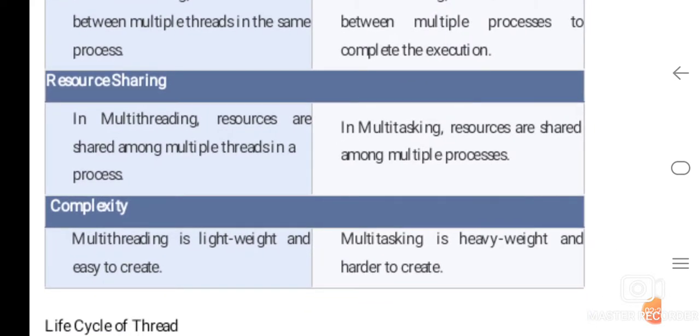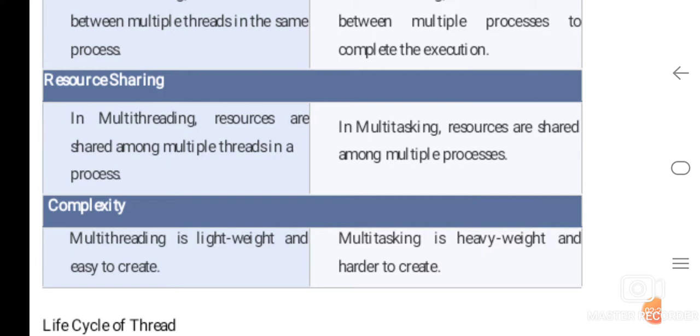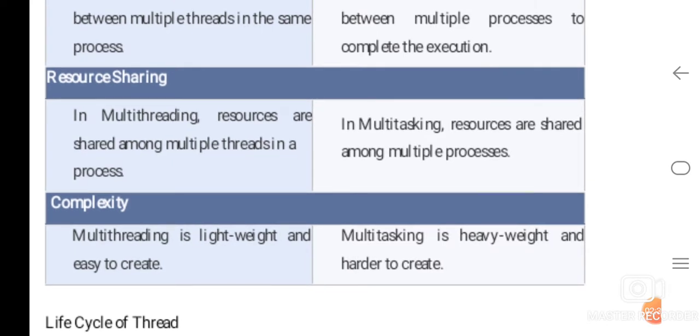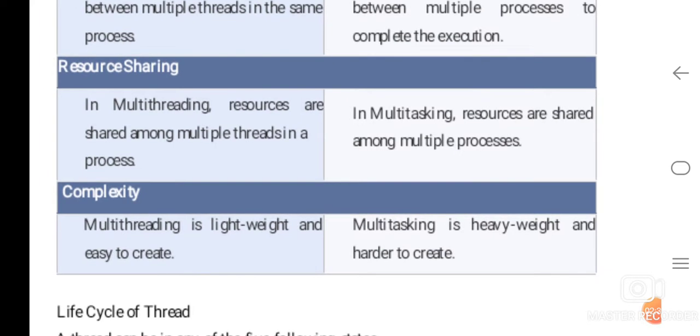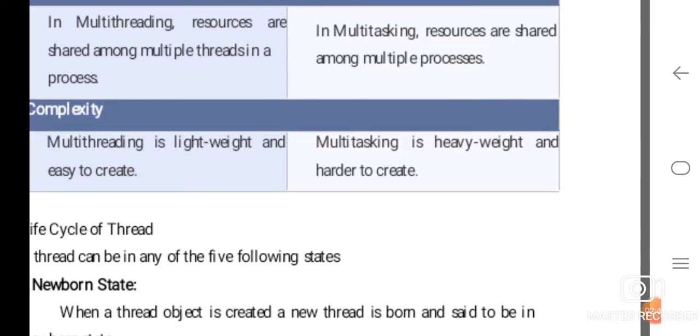Resource sharing: in multi-threading, resources are shared among multiple threads in a process. In multitasking, resources are shared among multiple processes. Complexity-wise, multi-threading is lightweight and easy to create, and multitasking is heavyweight and harder to create.